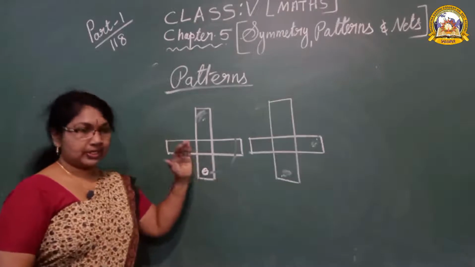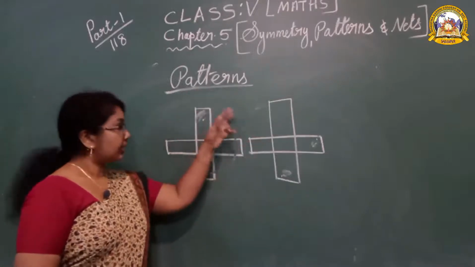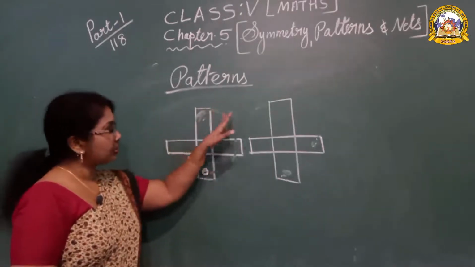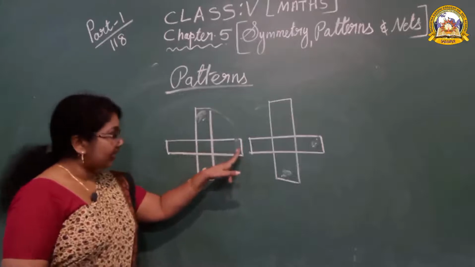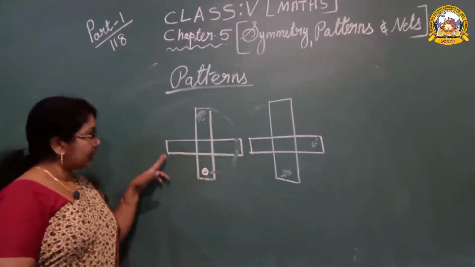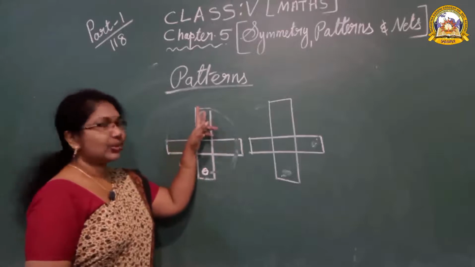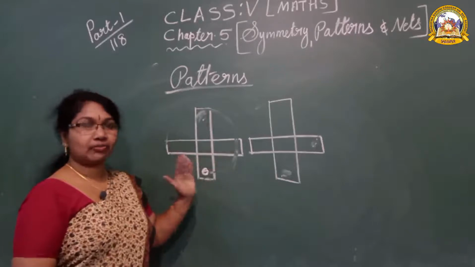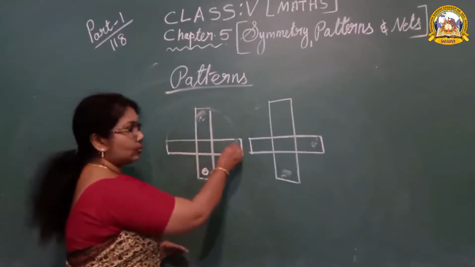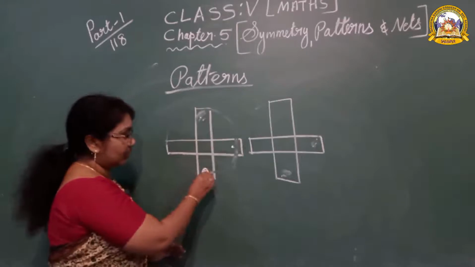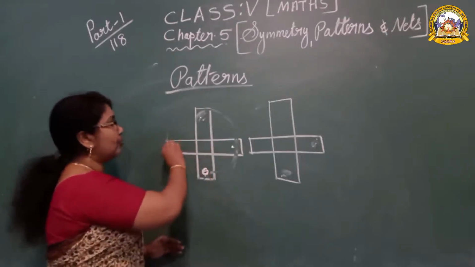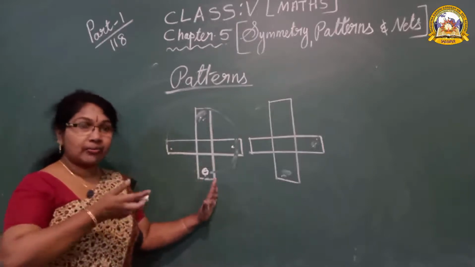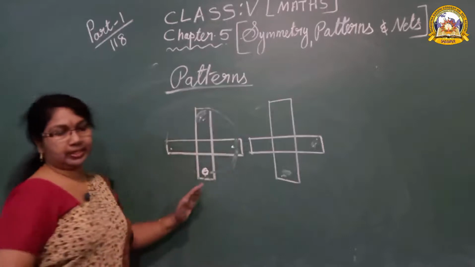Understood now? First, when any figure is rotating, this is the clockwise rotation. Clockwise rotating from here to here, quarter, again here to here, quarter, again here to here, quarter, again here to here, quarter. That means one full circle. How many quarters are there? 4. First quarter from here to here, second quarter here to here, third quarter here to here, fourth quarter from here to here: full circle. If the question directly says half turn, half means directly opposite, it will come here.